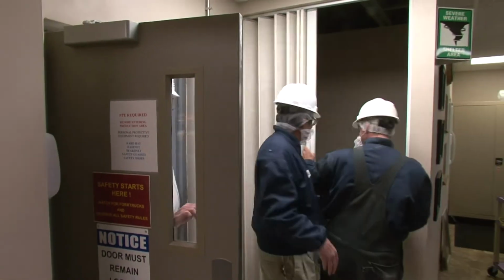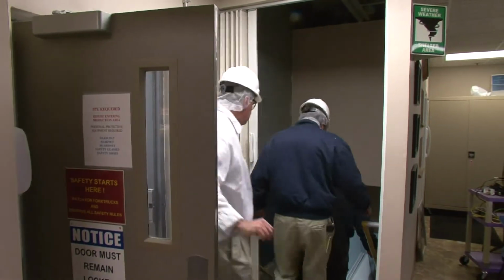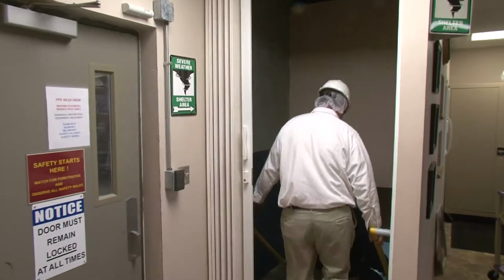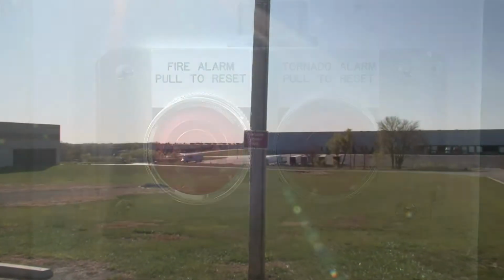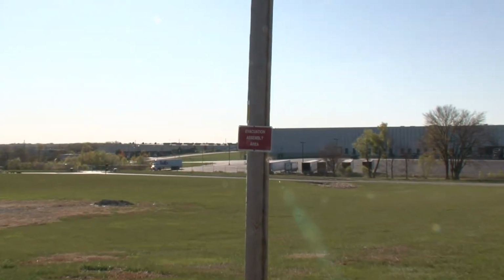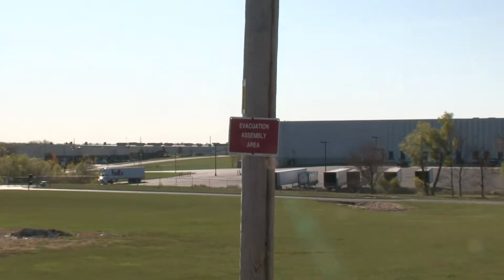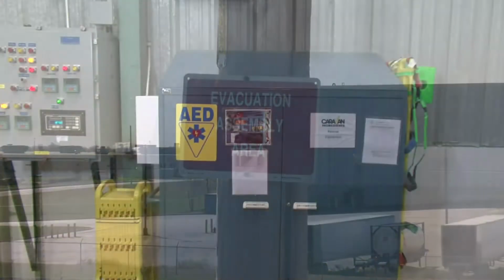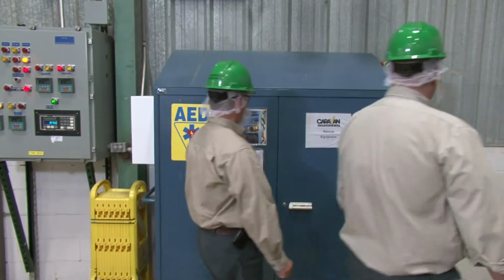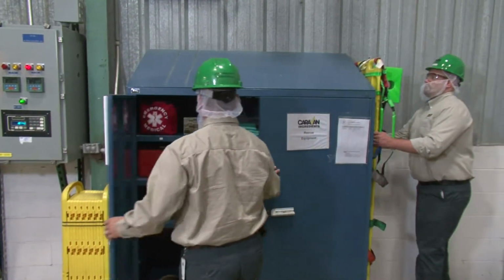The signal to evacuate the plant sounds like this. The fire or evacuation point for the plant is by the light pole at the four-way corner adjacent to the old DC field. We have emergency response teams in place in the plant, ready to deal with all plant emergencies,